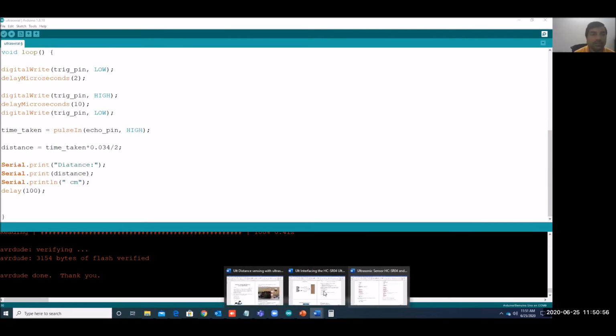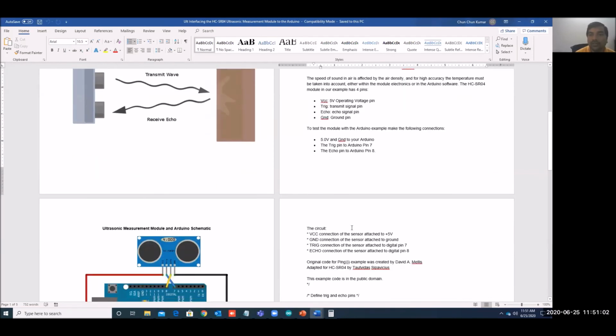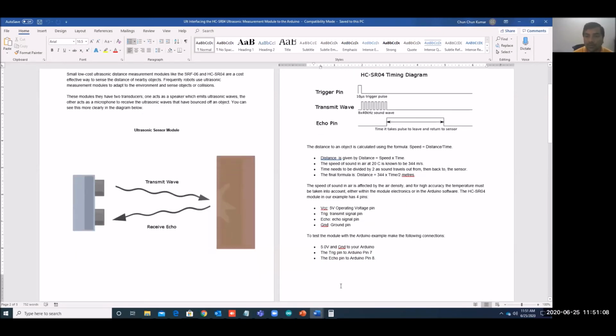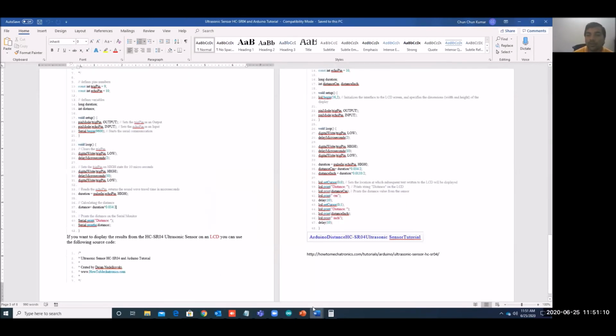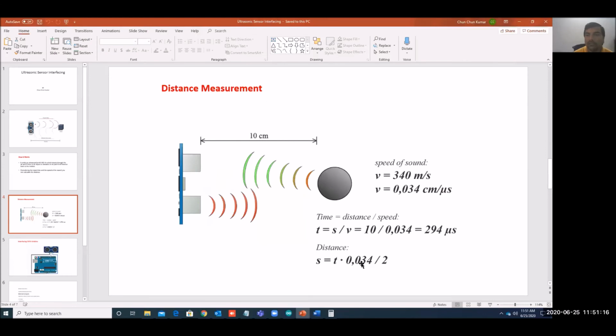Yeah, sorry, this is the formula they have given everywhere. So this will work if you are not giving 58, then you can measure in this way. You can put 0.034 divided by 2, so that will be microseconds, and the output you will be getting, the time, will be in microseconds. So you will get the value. Here directly they have given this formula, so it will be applicable. We can check it again.